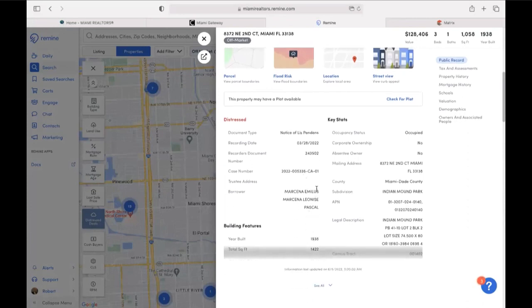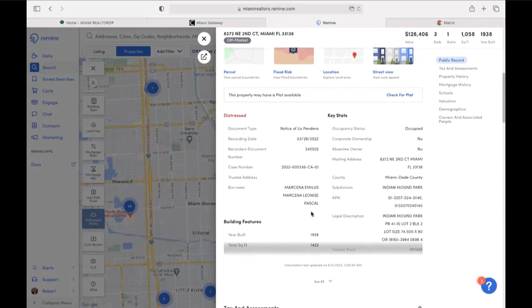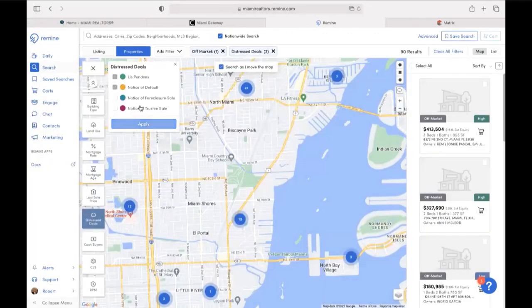We have who the owners and borrowers are and who the plaintiff is as well. Okay, so again, notice of foreclosures and notice of lis pendens. Those are your pre-foreclosures. If you switch over to notice of foreclosure sale and notice of trustee sale, this is